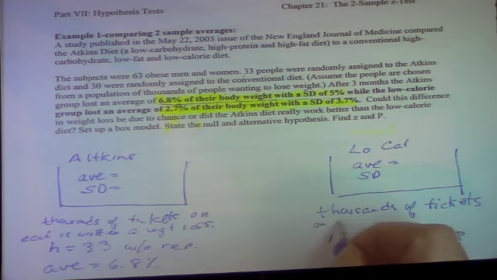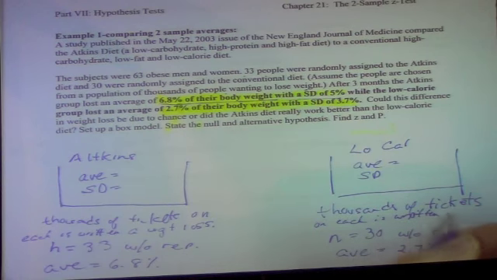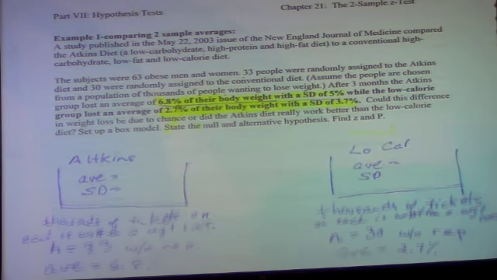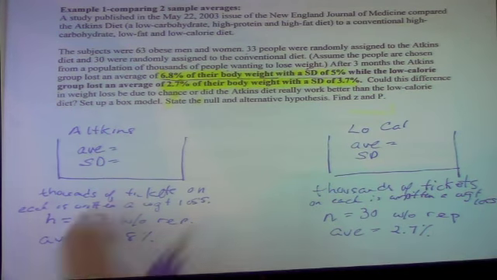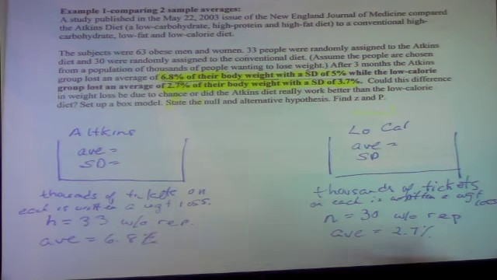On each is written a weight loss. Now is this a percent problem? Why do I have an average here? I have percents down here. I say that I want on each ticket a number, how much weight they lost. So why do I even have a percent here? This is just a label. You can cross it off if you want, if it's confusing.